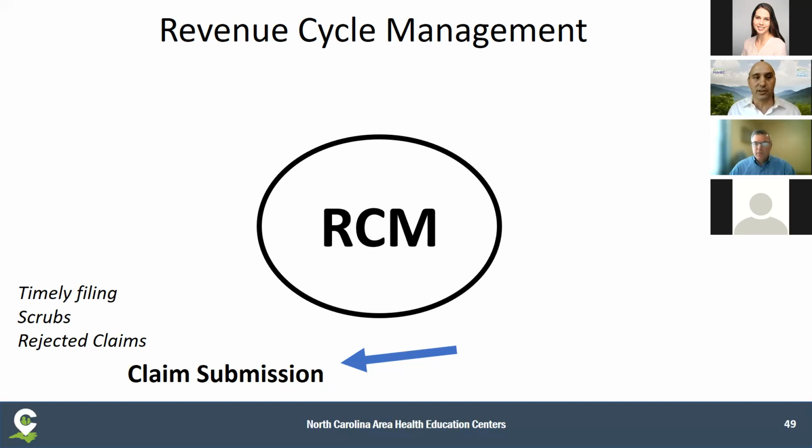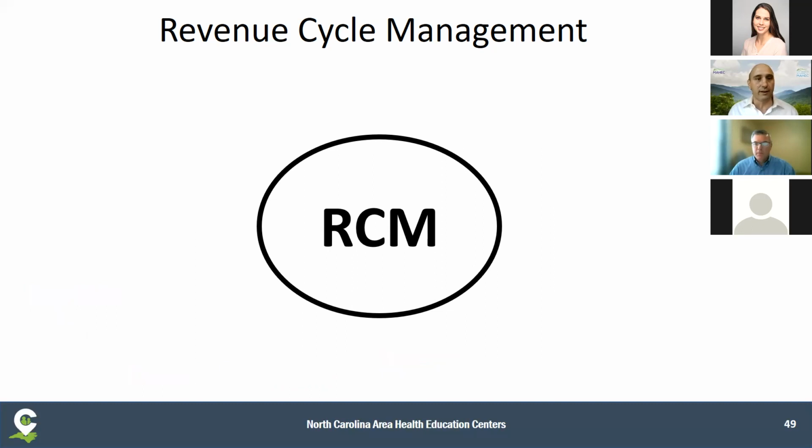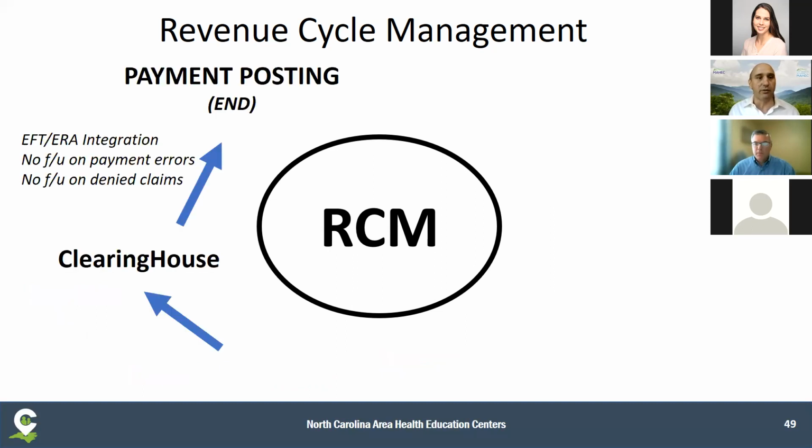And this claim submission process has some parts to it. It's going back to the clearinghouse, right? We have scrubs in place to make sure our claims are scrubbed or cleaned before we send them to insurance companies. And these scrubs kind of reject or hold claims, and we've got to make sure we're following up, correcting those scrubs and submitting the claims. Ideally, we want a clean claim going out to our insurance carriers within 24 hours of the moment of care. And again, just breaking down opportunities for improvement here as we're trying to focus on improving our revenue cycle management